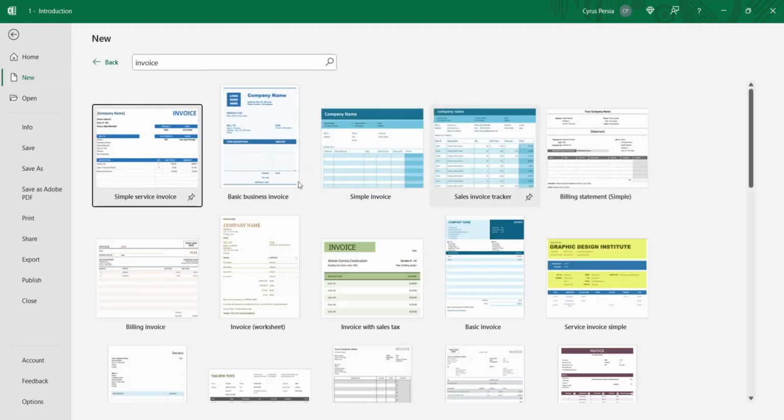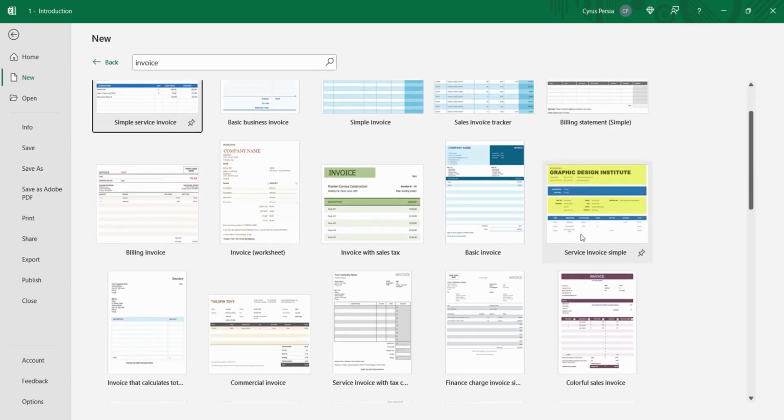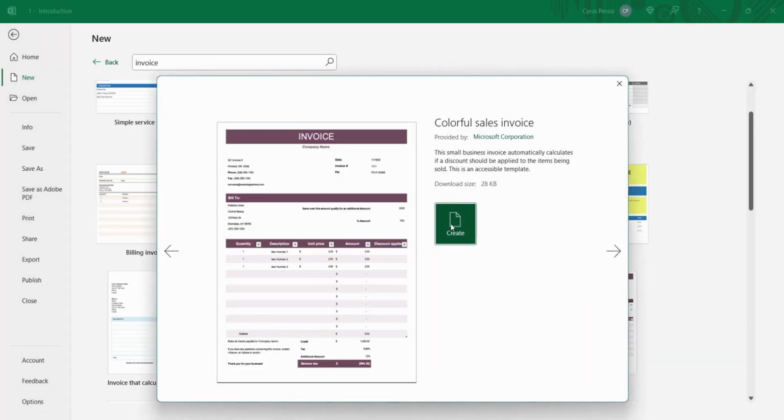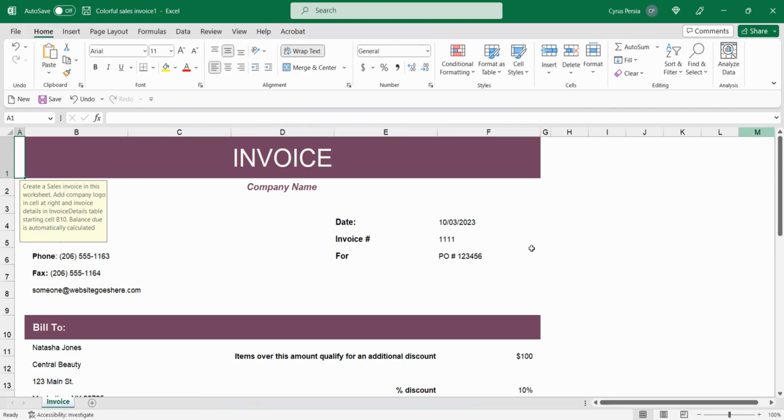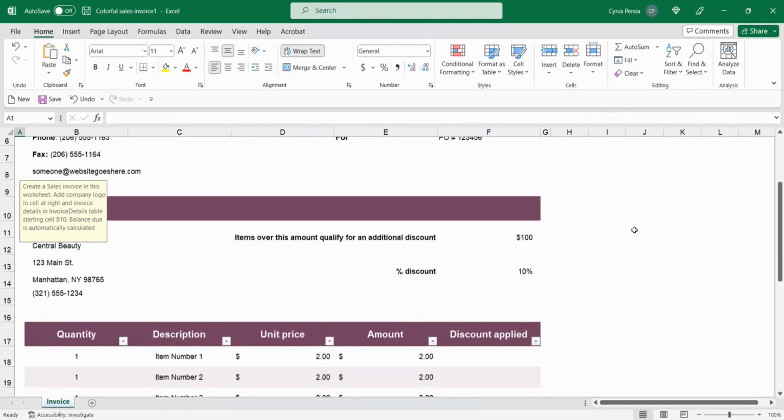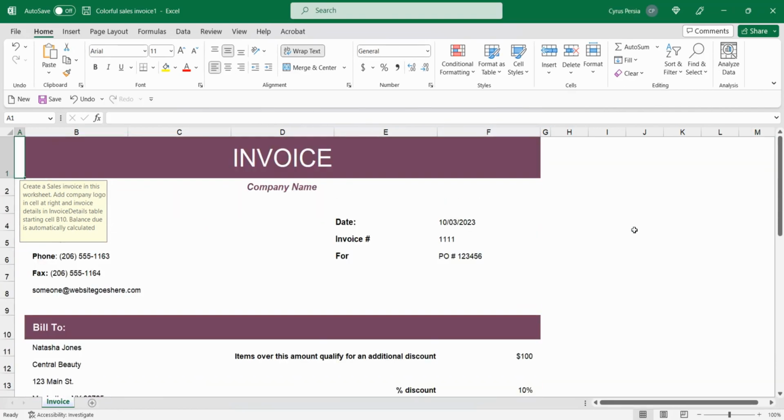If I click enter, then lalabas yung mga several options or several templates for the invoice. And then you just have to choose that one, colorful sales invoice, let's say. And then you just have to create and download that specific invoice. Now, on an invoice template, which you can use for your own project,